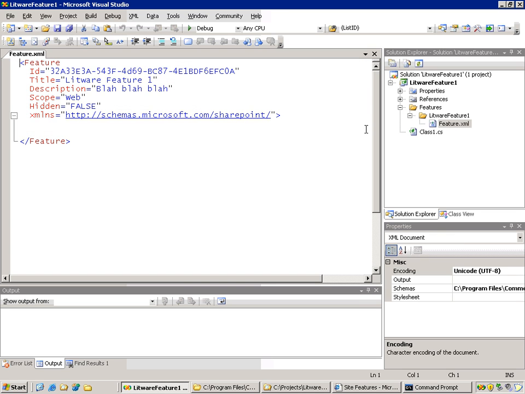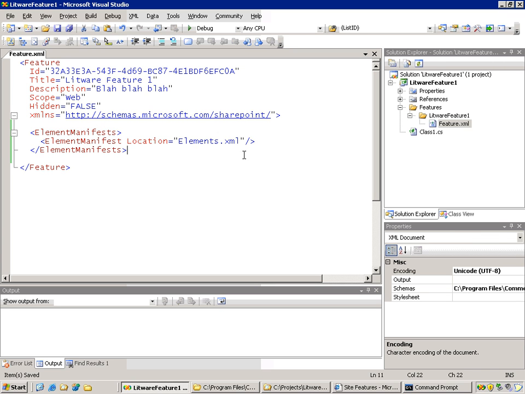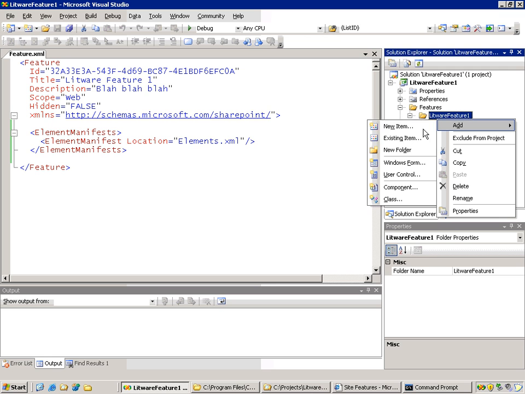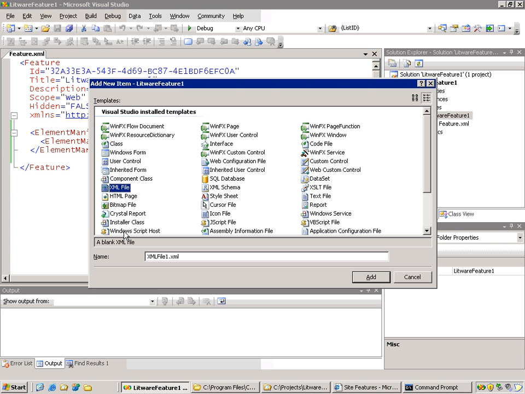I'll start by going to the feature file. And inside the feature file, I'm going to decide to add something which is called an element manifest. So I go ahead and add an element manifests element, and inside there I'm going to add a single element manifest element, and I'm going to point to a generic file name called elements.xml. And now that I've done that, we'll come over here and we'll choose add, and we'll add a new XML file of that name,